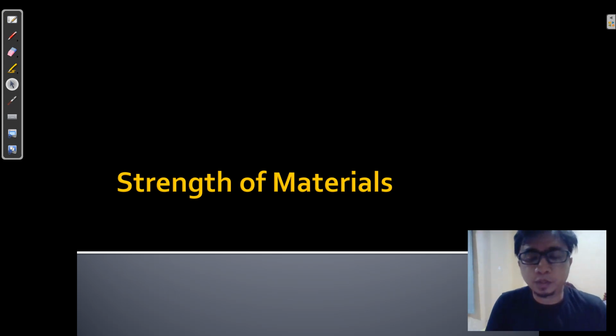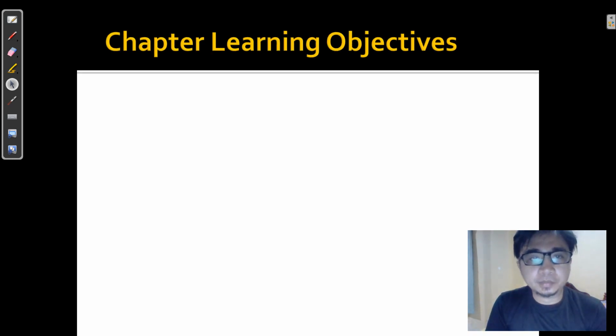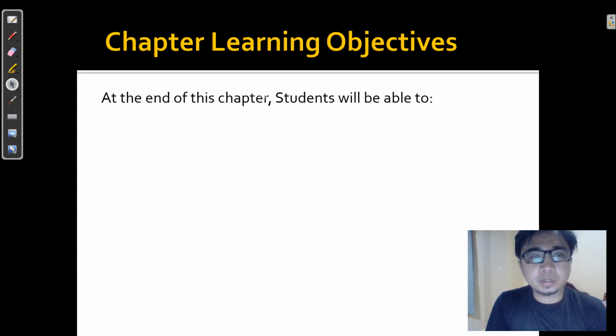So strength of materials is actually our subject, and technically it is Mech 131 or mechanics of deformable bodies. It is the preceding subject after your engineering mechanics, or the continuation of the statics and dynamics. So, chapter learning objectives. At the end of this chapter, you will be able to